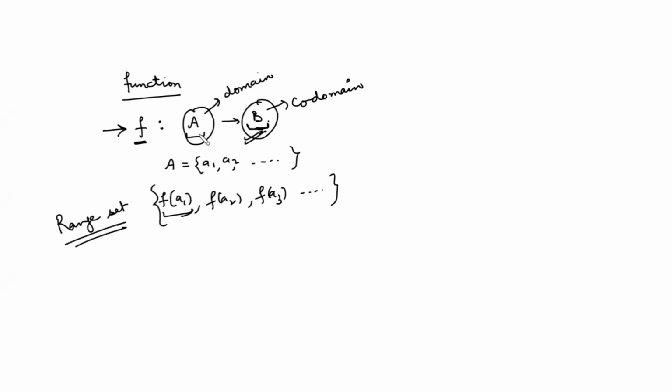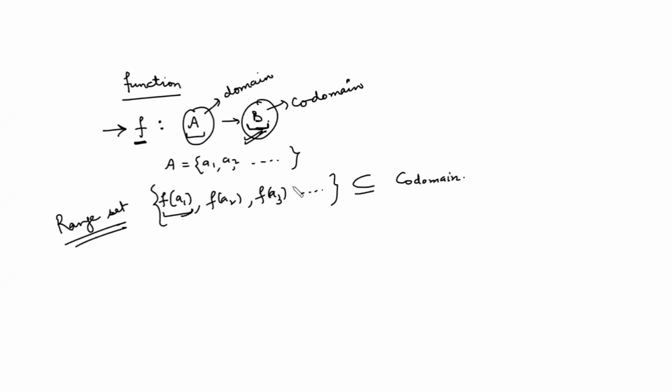You consider the elements from the set A, apply this mapping, and you will have the elements of B. Take the collection of all the images of the elements of the domain set, and you will get the range set. This range set is always a subset of the codomain. Our function should be defined for all values of the domain. The domain set is the set where your mapping is defined, and it should not be of 0 by 0 form. It should be defined first for all the elements of the domain set. That will be your domain set.